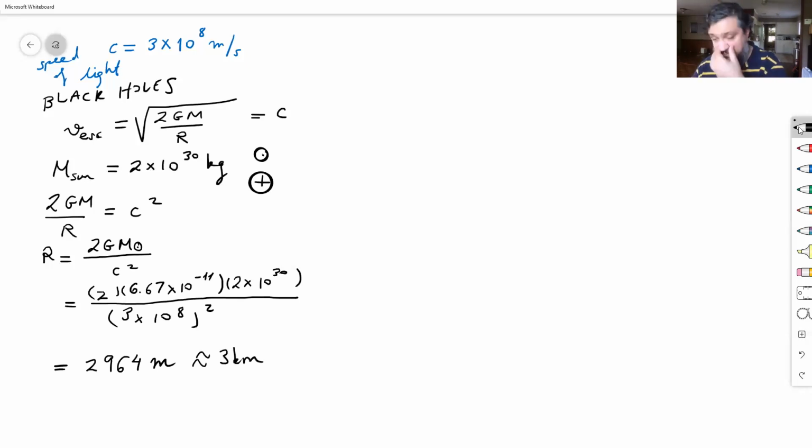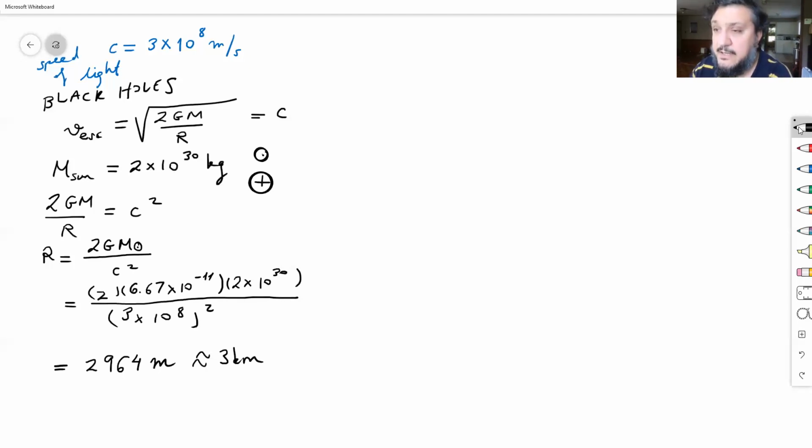Okay, 3 kilometers. If you can squeeze the sun to this size, which is much smaller than Houston, then it will be a black hole. Even light cannot escape from a black hole. At the heart of every galaxy, we have these supermassive black holes. That's what we know. And recently, one black hole like that was, for the first time in history, observed and photographed. Okay, so that's black holes. What about regular objects,